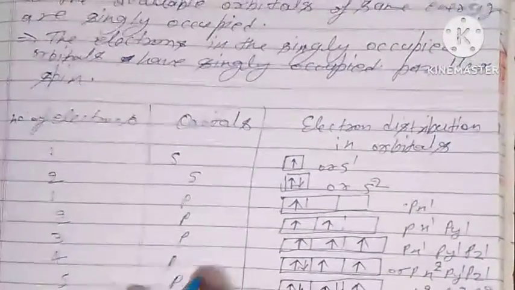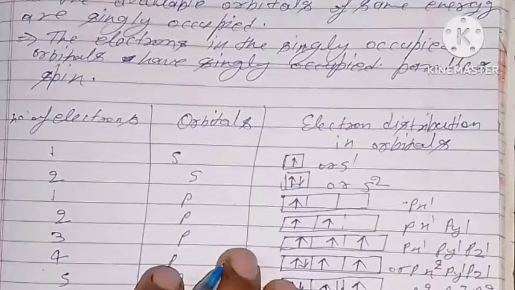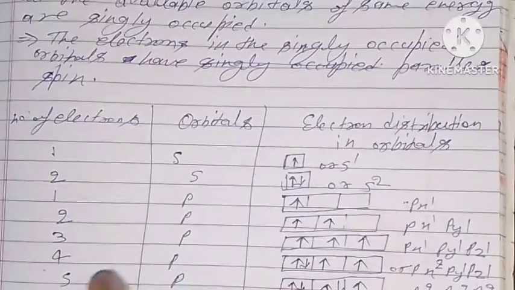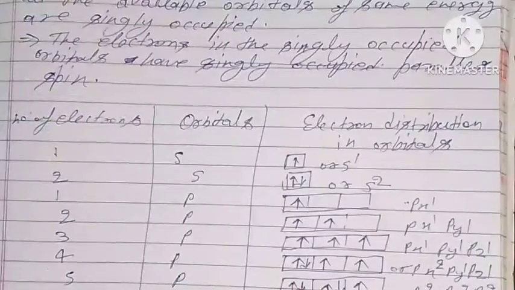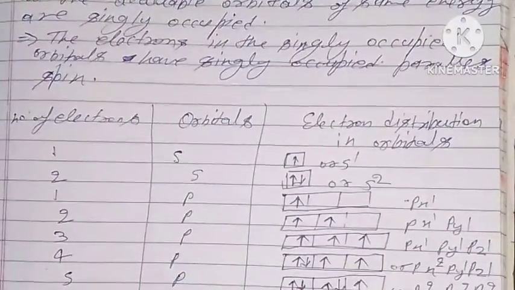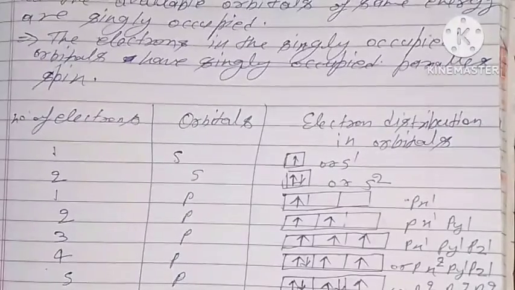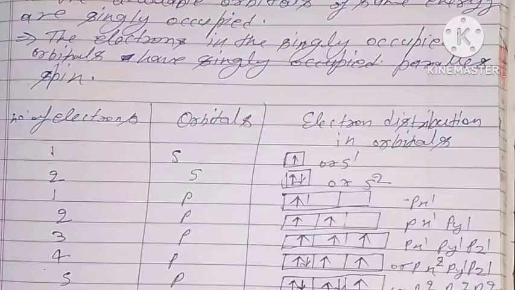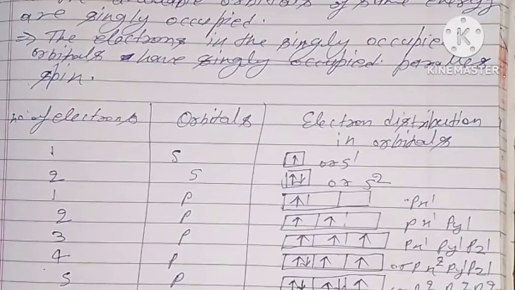Hence, on the basis of Hund's rule, the correct electronic configuration of carbon, C (Z=6), is 1s2, 2s2, 2px1, 2py1, 2pz0,